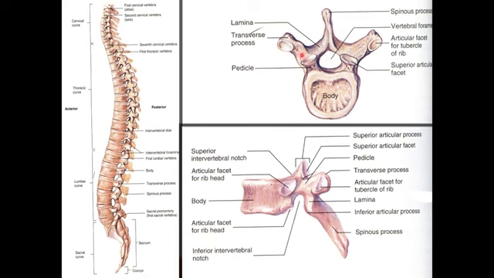When the pedicle meets the lamina, a process comes out on the right side and on the left side. This is called the transverse process. When the 2 laminae unite posteriorly, a process comes out from them to the back, and we call this the spine of the vertebra, or the spinous process. So these features, the body, the vertebral foramen, the pedicles, laminae, transverse processes, and spines, are